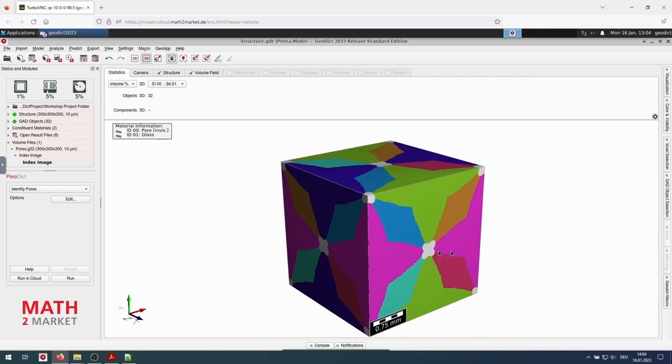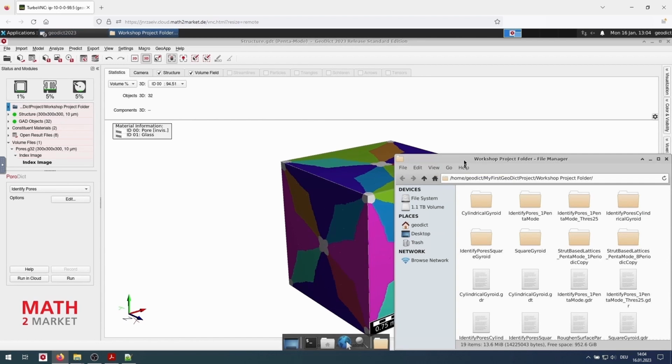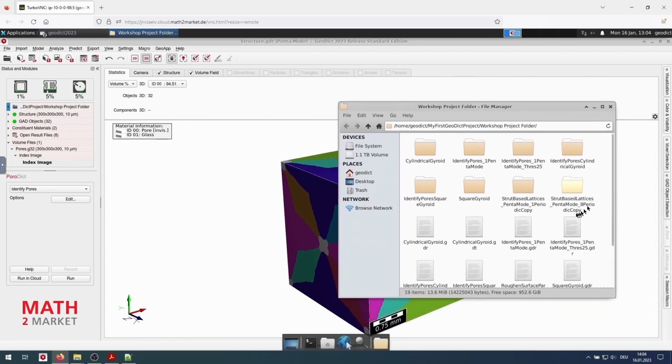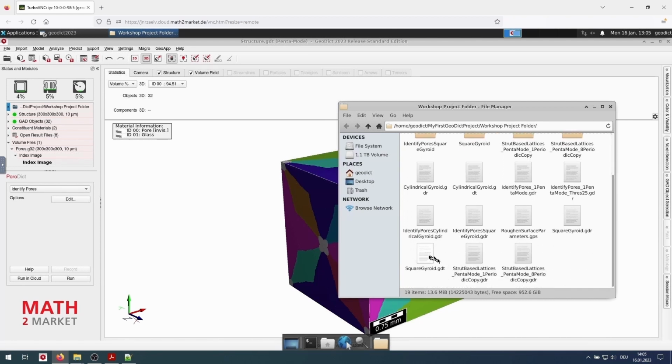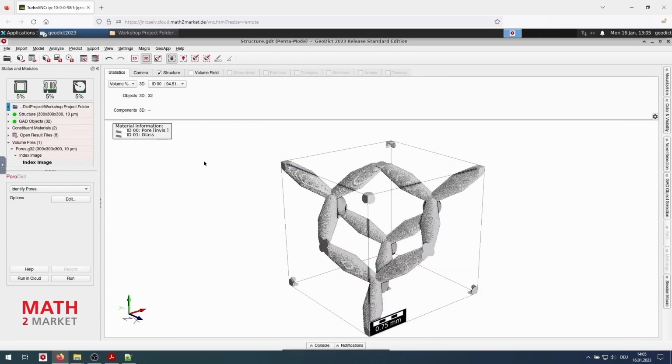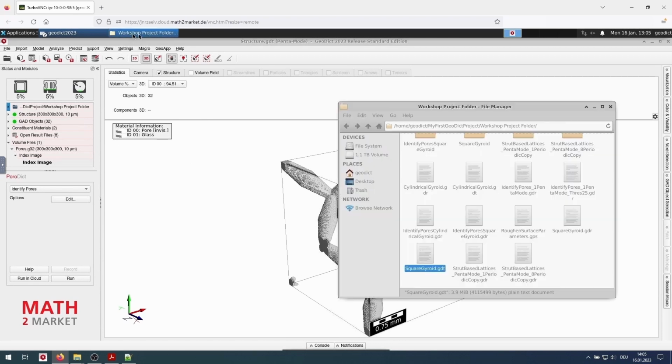We can also right-click on this project folder and open the project folder directly. Find the square gyroid and drag and drop it to GeoDict. Which option you prefer is up to you.